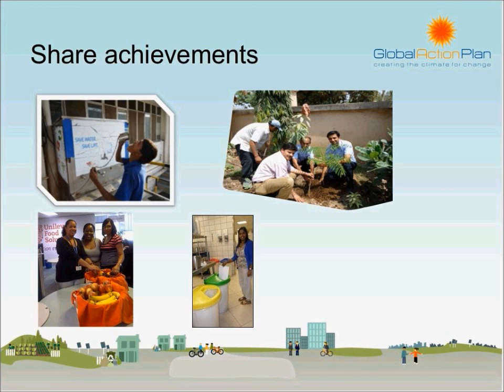I think once you've done all those things, again, what we've seen is crucial is getting people to demonstrate and share their actions. This was one of the companies we've worked with, where they provided lots of feedback to us about what they'd done, but they did it through not only surveys and measurement, but by sending in photos, reinforcing the fact that there are certain habits that they wanted to see. The company is now bringing all of those things together and will be using it as part of their global communication to demonstrate the different activities, and the fact that lots of people doing small and simple things